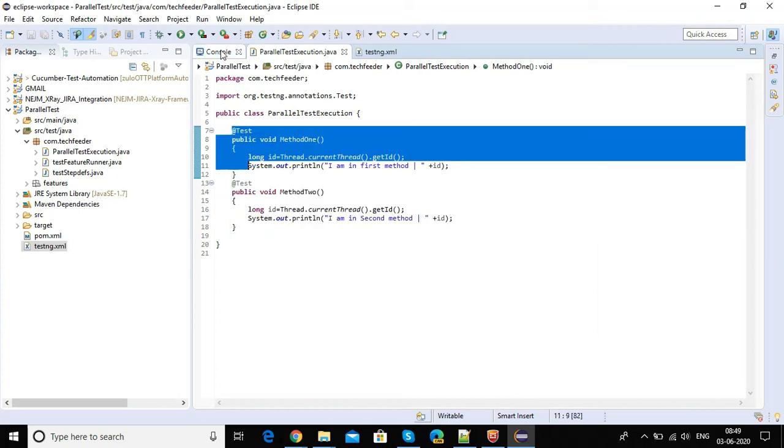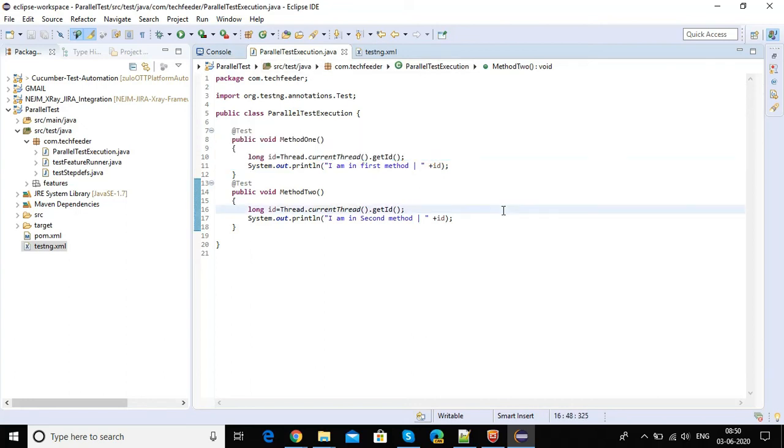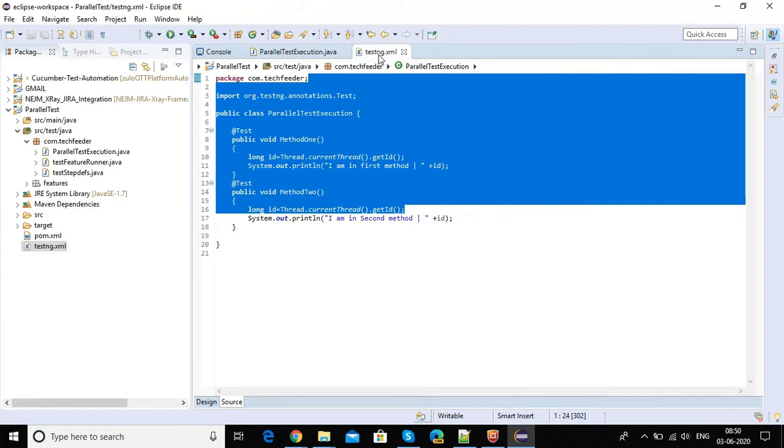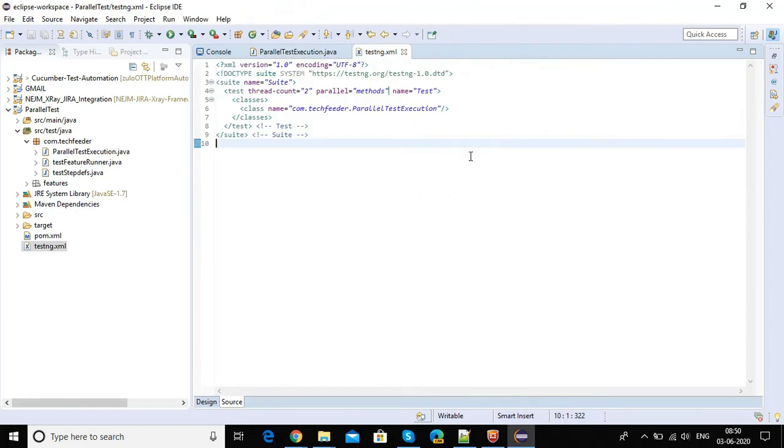Now another thing that comes is multi-threading. We can configure TestNG to run in multiple threads. Earlier we discussed how to run classes, methods and tests in parallel or multi-threaded mode. TestNG also provides the flexibility to configure a test method to run in a multi-threaded environment. This is achieved by configuring it while using the @Test annotation that we have used.